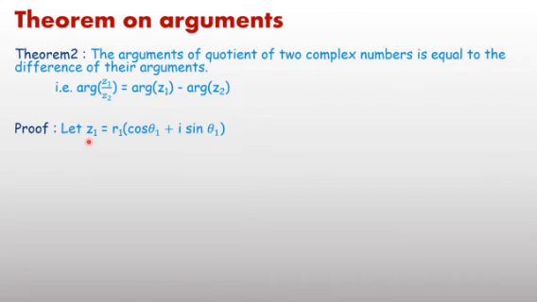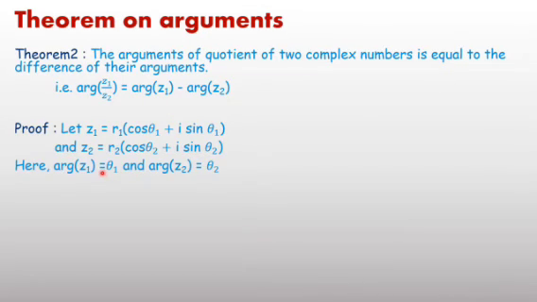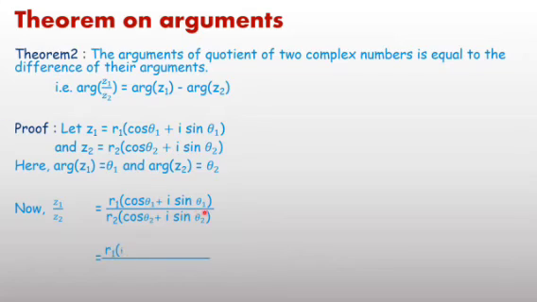Let z1 equal to r1 (cos theta 1 plus i sin theta 1), and z2 equal to r2 (cos theta 2 plus i sin theta 2). Here theta 1 represents the argument of z1 and theta 2 the argument of z2. Then z1 upon z2, put the value of z1 and z2. Then next step,